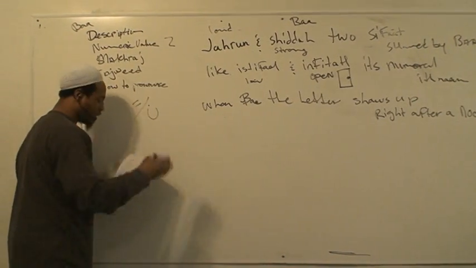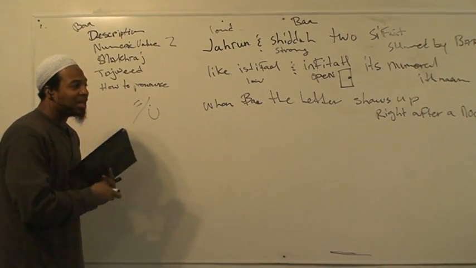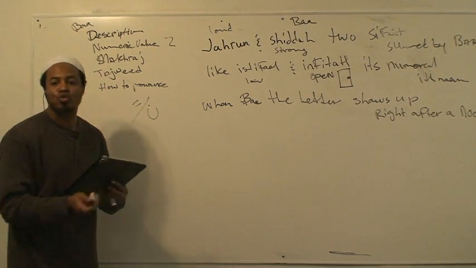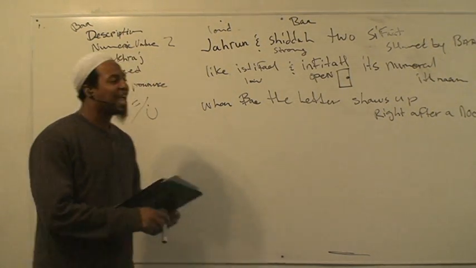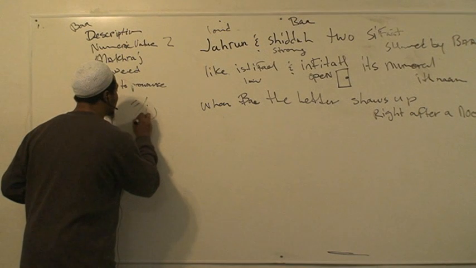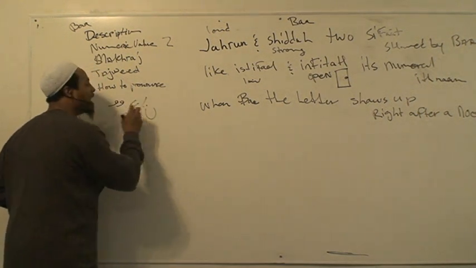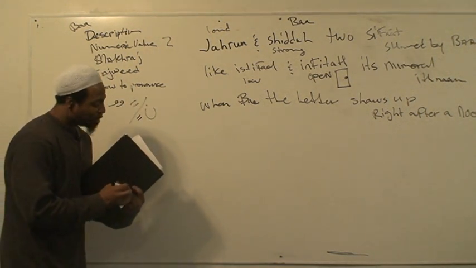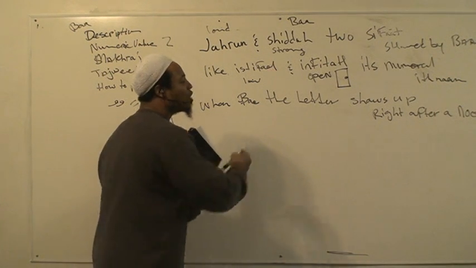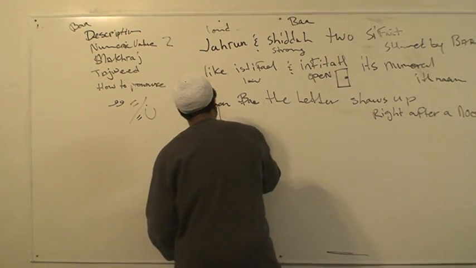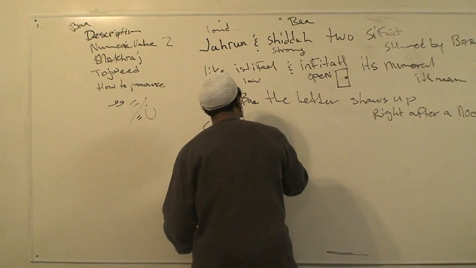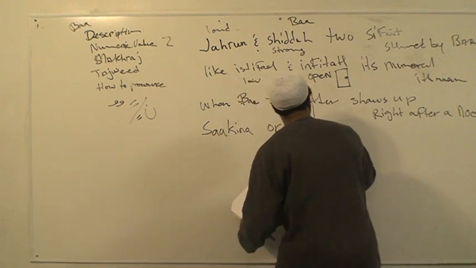Everybody say tanween. Tanween is the sound of noon. Everybody say an, in. This is called tanween. Okay? So it says when ba the letter shows up right after a noon sakina, everybody say sakina, or tanweena,